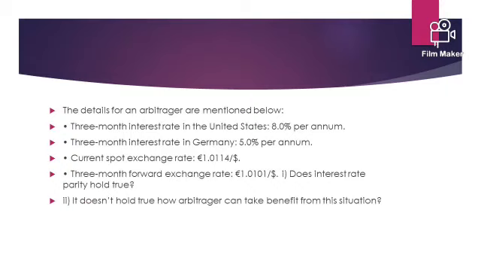Now the 3-month practical actual rate is given. Banks are providing us this $1 after 3 months at 1.0101 euro. So that means the 3-month actual rate is given. Our job is to find out the theoretical value by the IRPT formula, and then we'll compare whether both rates are the same. If same, there is no arbitrage opportunity, but if there is a difference, we'll try to grab the opportunity by following steps. So this is what the question is. Let's see the solution of IRPT.